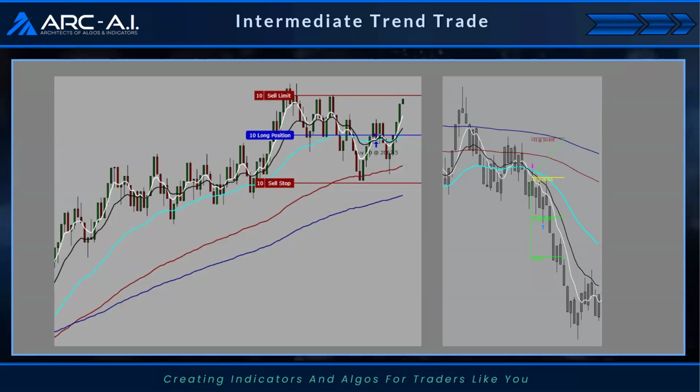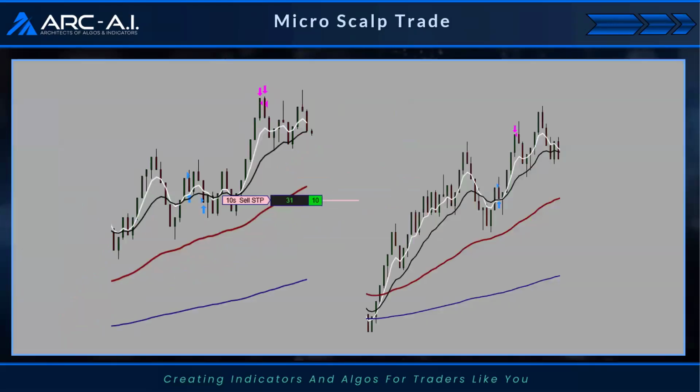So we're going to go into the markets and I'm going to show you some trades today, and some examples. These are some of the trades that Jim and I took. Here's another example on the left. Sorry, those were my trades on the left, just filling on a micro scalp. Those are micro scalp trades.